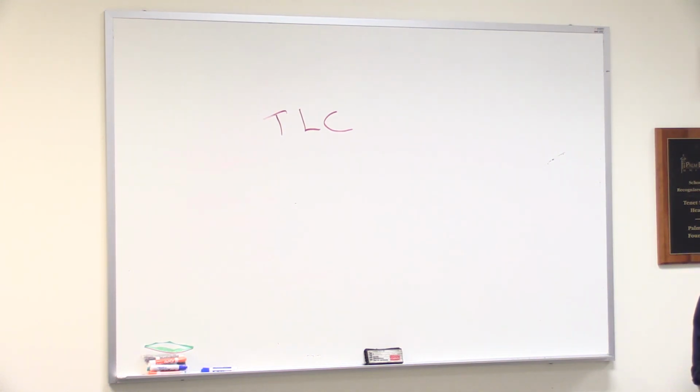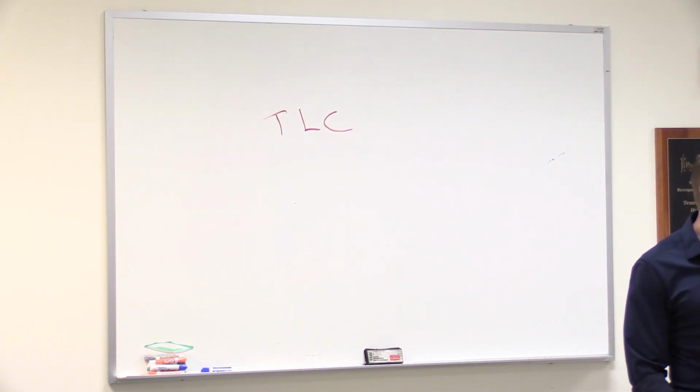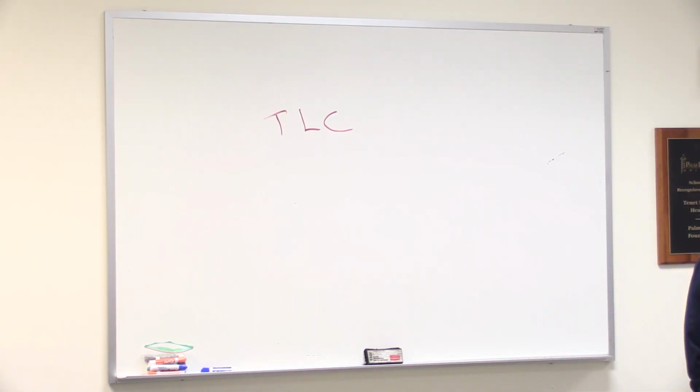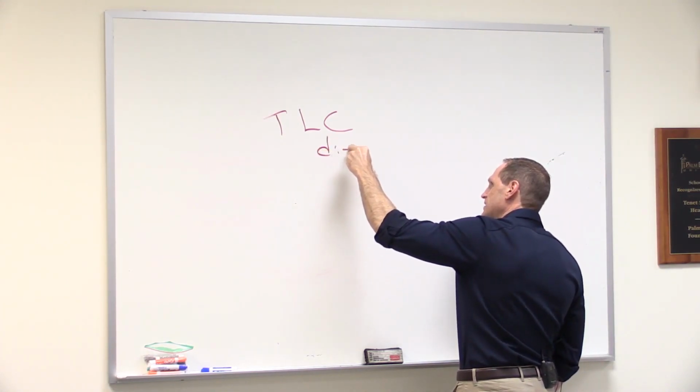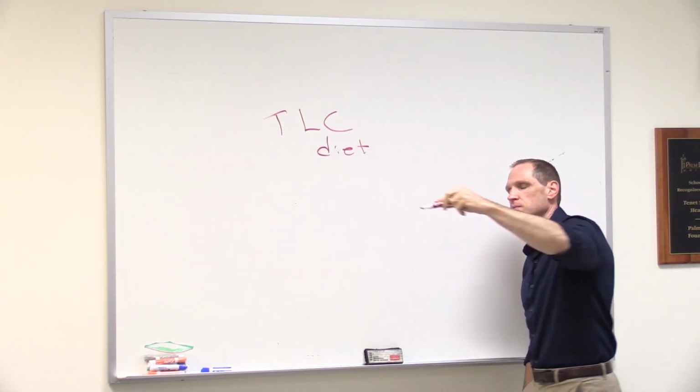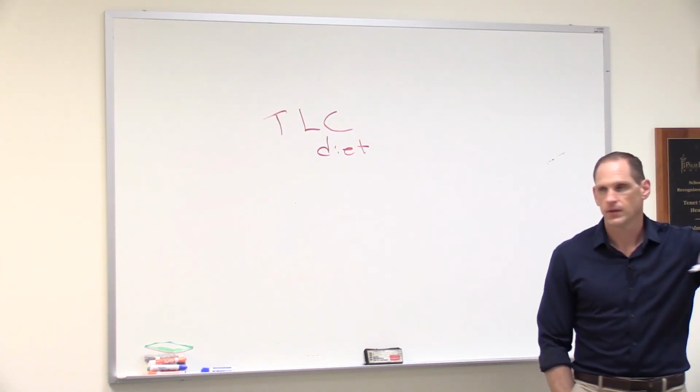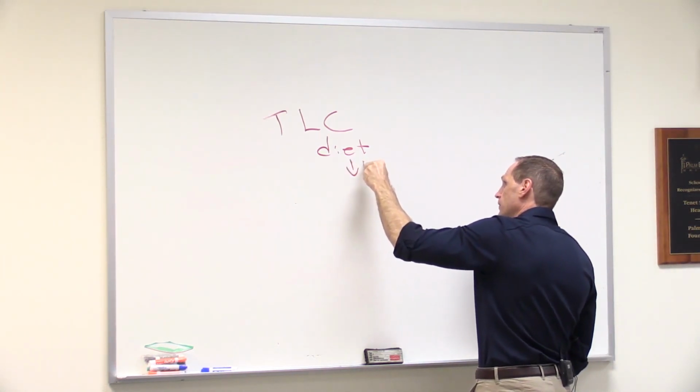So what are some therapeutic lifestyle changes a person could make that might reduce their blood pressure? Their diet. Okay, first thing is diet. All right, what dietary interventions could we do? Lower sodium. All right, lower sodium. Now,